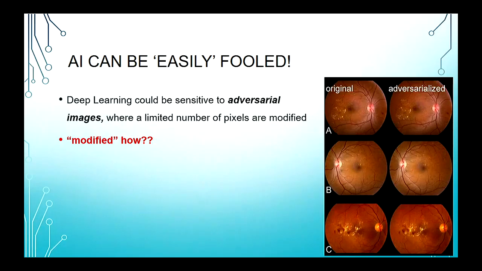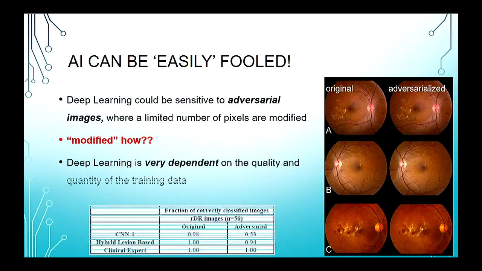The reason being is that, again, the computer is looking for patterns, and it becomes so good that a 5% change will change the decision of an AI. Whereas humans look at the general pattern, so a bit of change here or there doesn't make a difference to a human eye. Humans are actually much less sensitive to this adversarial effect, or to essentially noise, whereas AI can be easily fooled if there are those adversarial images.